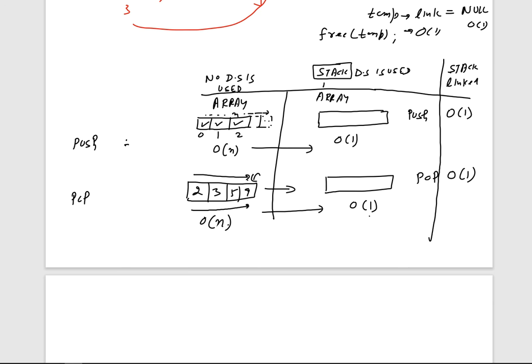Okay, so that depends on whether you are going to use the linked list or the array. That depends on whether you are going to have a static implementation or a dynamic implementation. If you are going with the dynamic implementation, then you will choose the linked list implementation. Otherwise, if the size of the input is limited, then you can obviously go with the array implementation. So this is how we have to see this concept of the stack and its implementation in the form of arrays and linked lists.